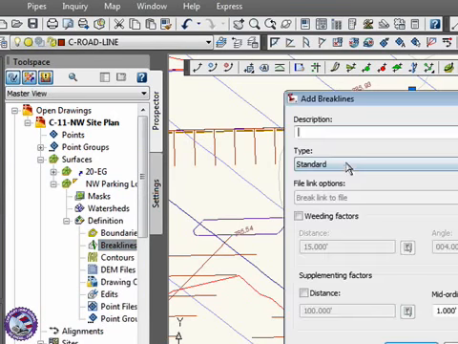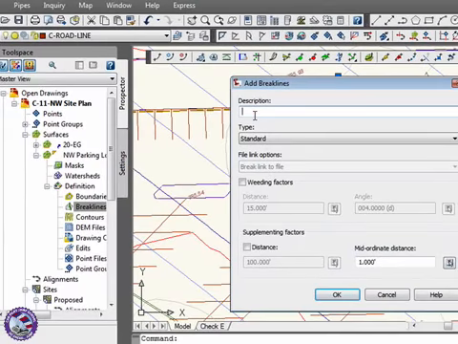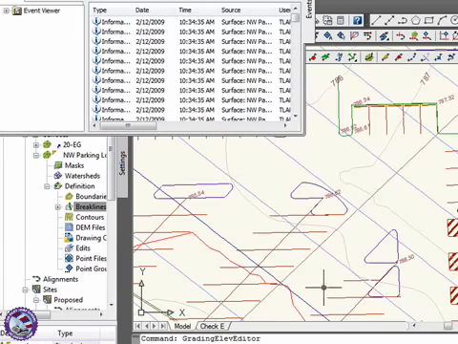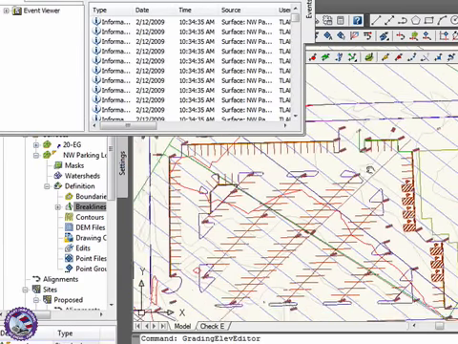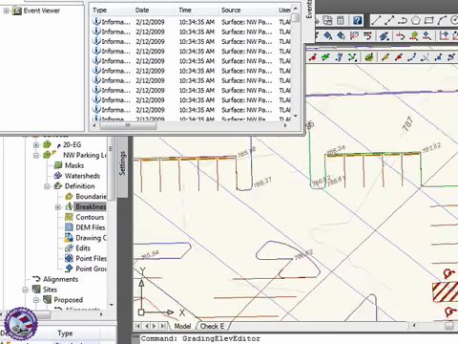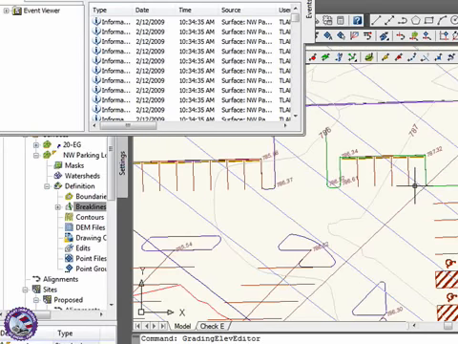So I can add, and we'll just call it curb here, as a break line, and I can weed supplement as I do, which is pretty cool. So I can make sure that I fill things in, right? We'll leave weeding at 10 and put in supplementing at 15 so you sample a little more between what we got, and that surface is now affecting the surface since they're very closely mapped, and